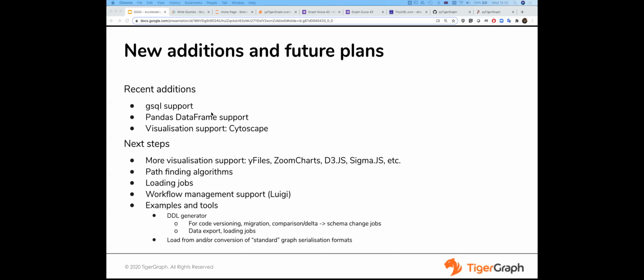Okay, so let me quickly talk about recent additions and future plans. The community around TigerGraph and specifically around pyTigerGraph is very active, and we have plenty of new ideas. The two recent significant functional improvements for pyTigerGraph are: one, enabling the execution of arbitrary GSQL code including data definition statements. This is currently done using the GSQL command line client, but we intend to bring the functionality fully